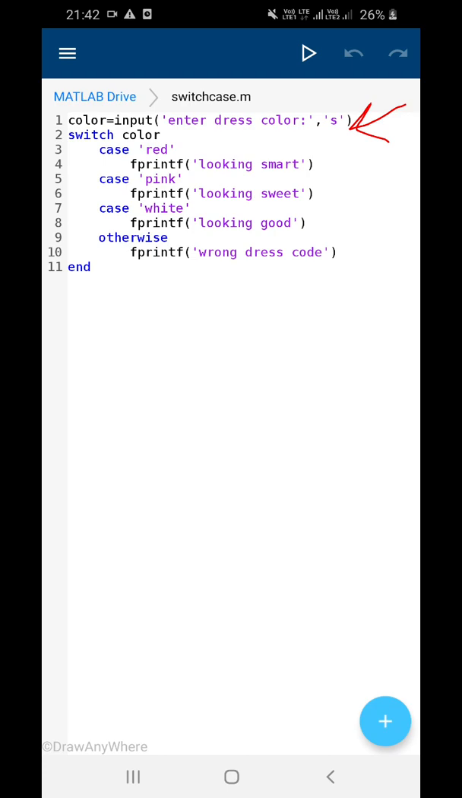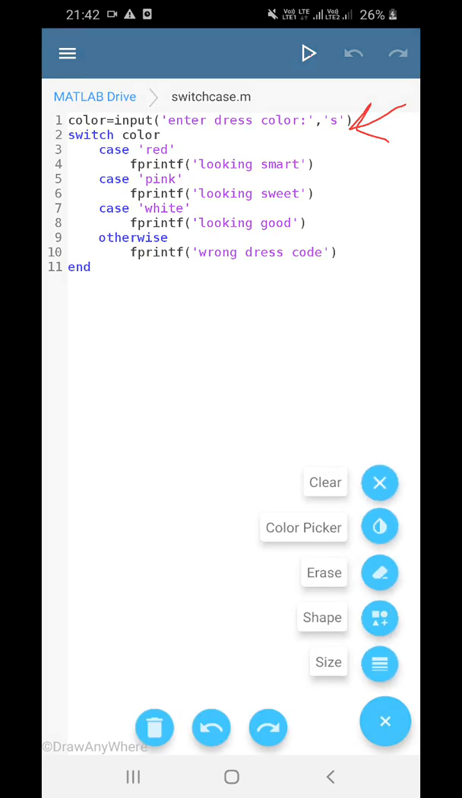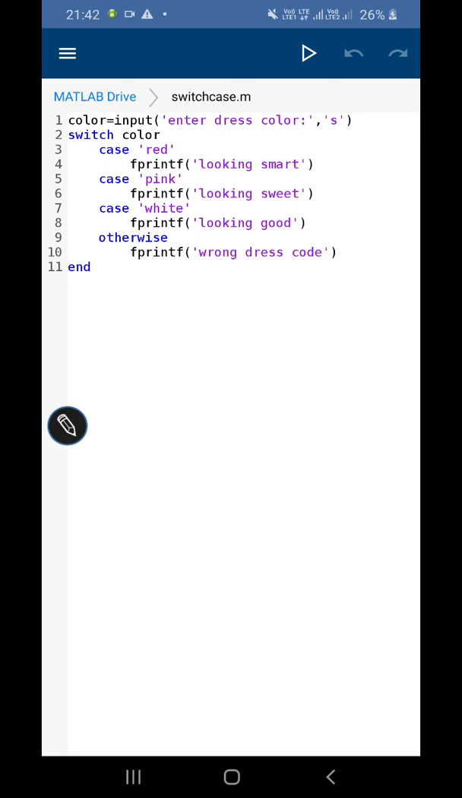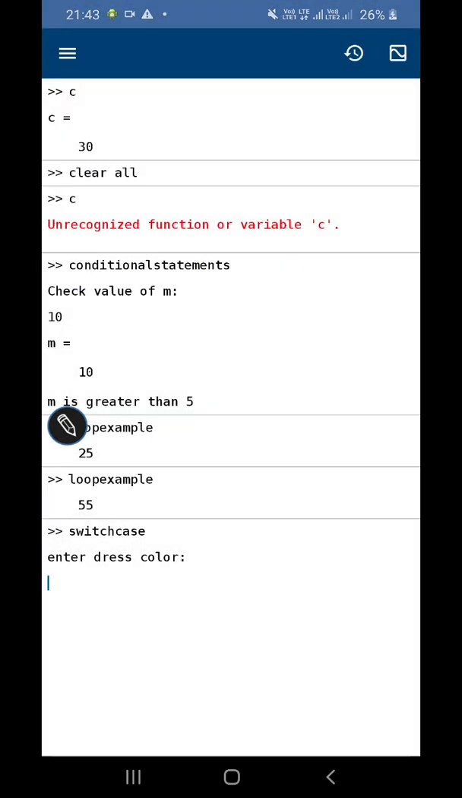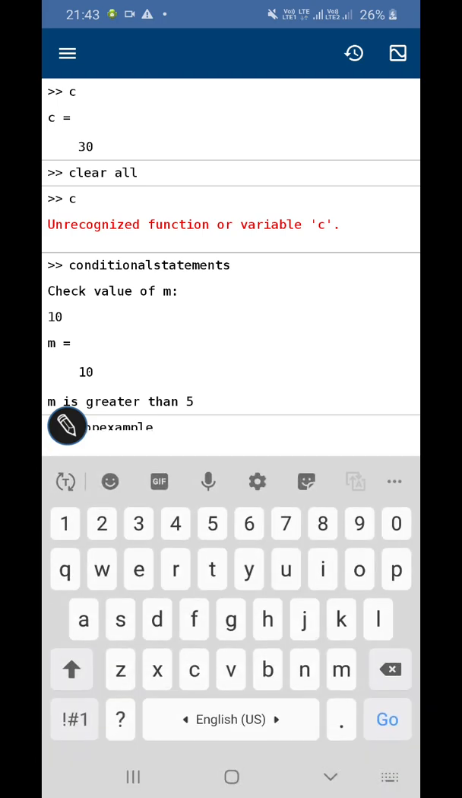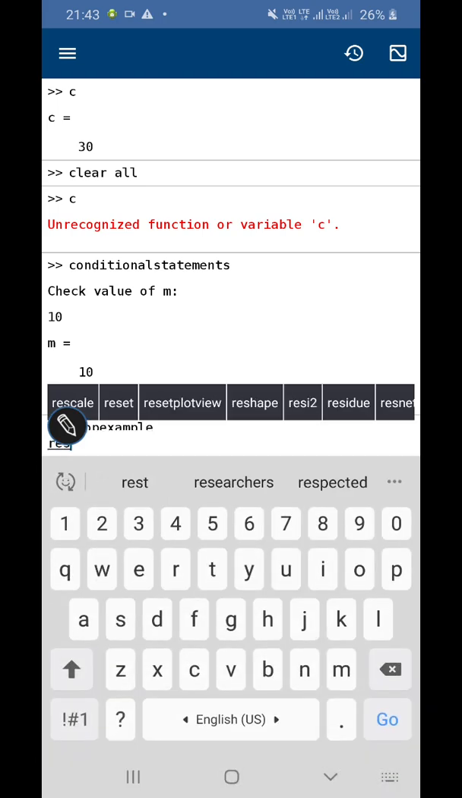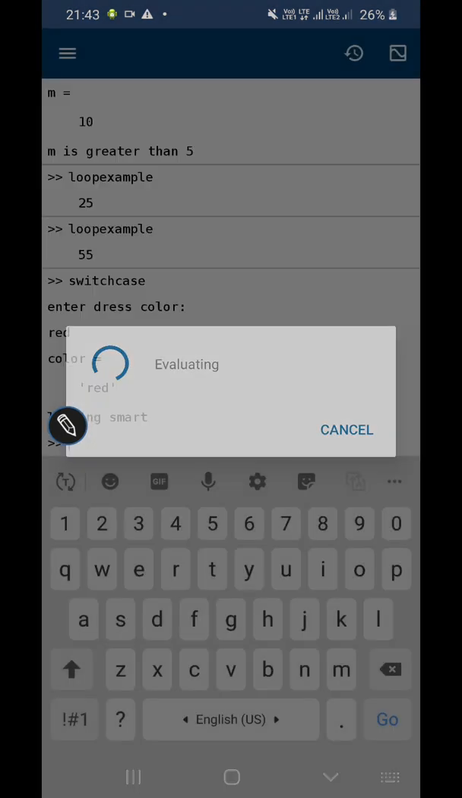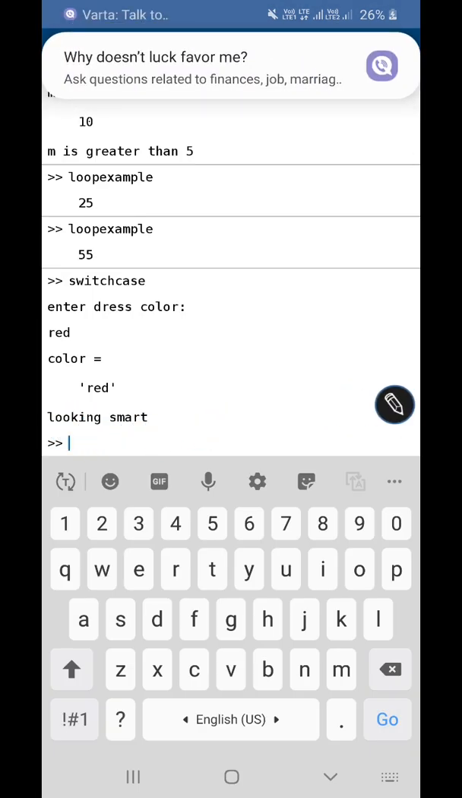Whatever input MATLAB takes from us, it will accept in the form of string. So MATLAB is asking the color of the dress. Let me run it for now, and then you will understand it easily. You can run it. Enter dress color. Let me write red. If I write red, then I will get a command as